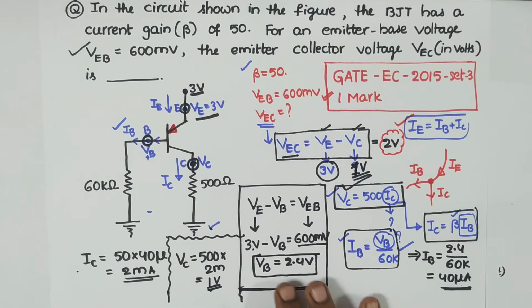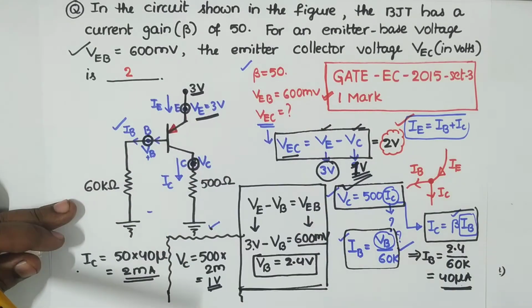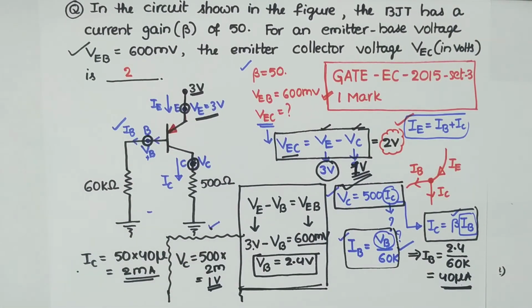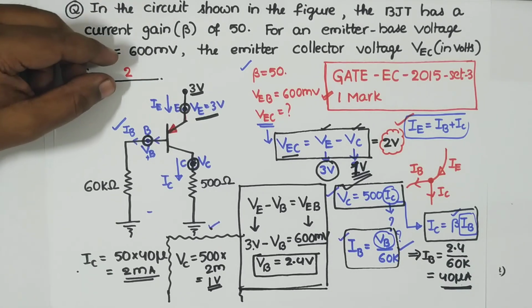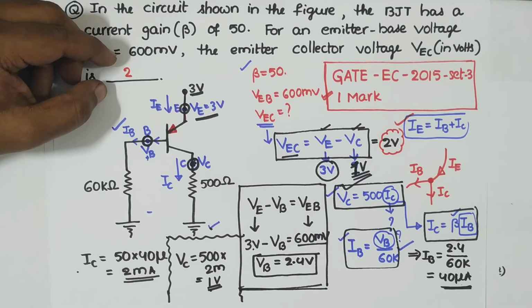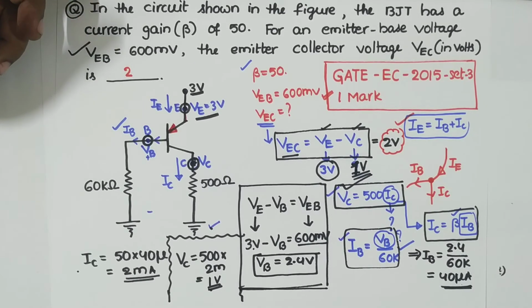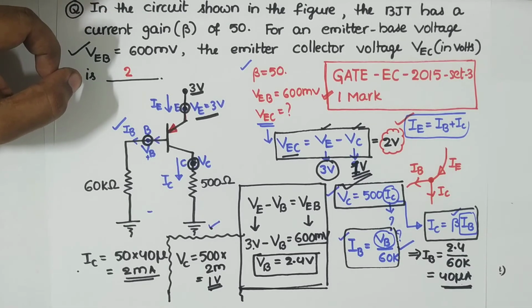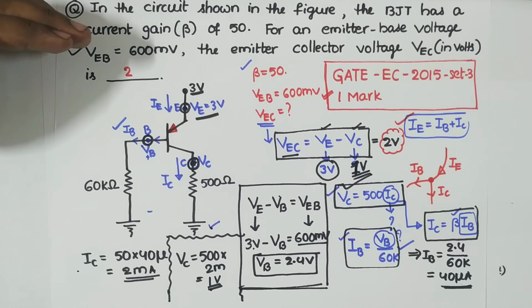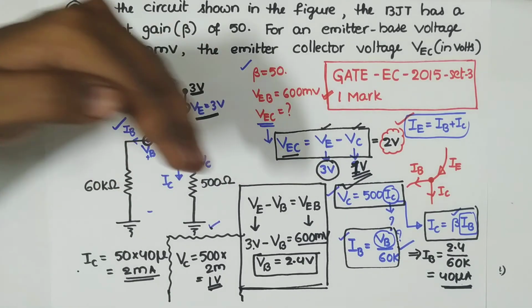That's it. So this is the answer. I can fill up this blank like this. In a CBT exam you have to write it like that. You need not write 2V, just give its numerical value. This is a numerical answer type question, NAT based question, so there is no negative marking for this. Only for MCQs, multiple choice questions, you have negative marking. In multiple choice questions you have both 1 mark MCQ and 2 mark MCQ.